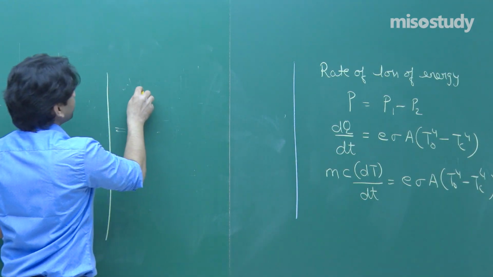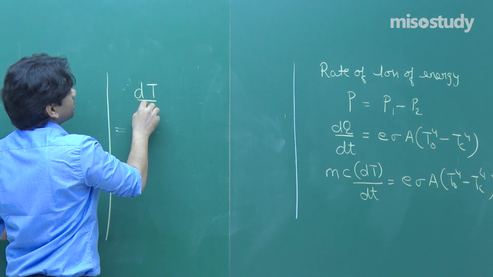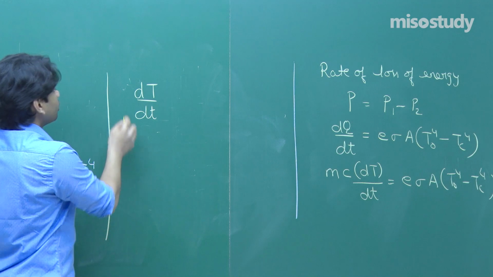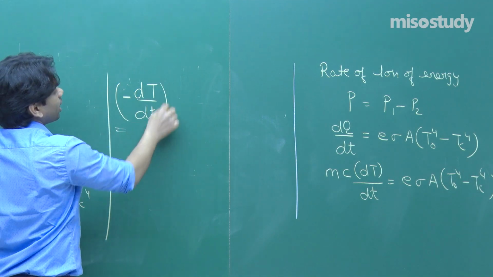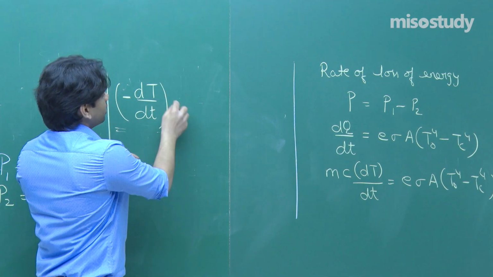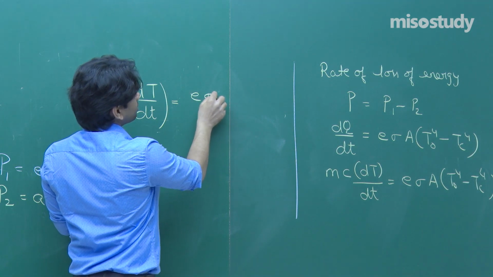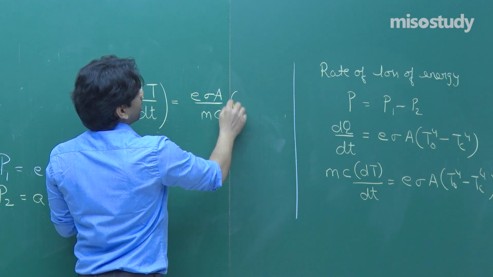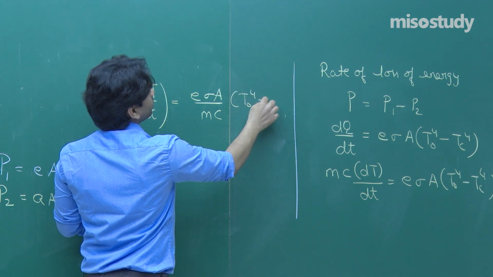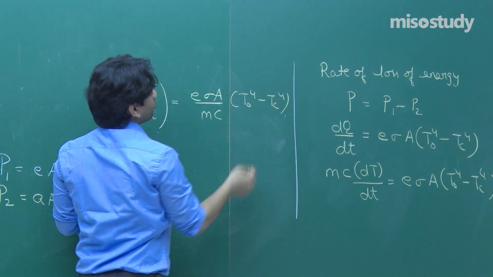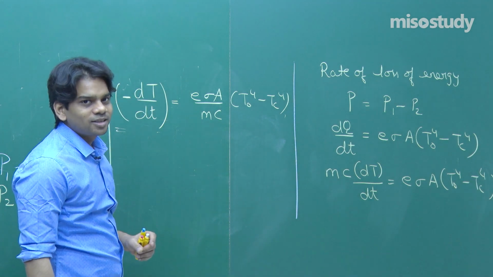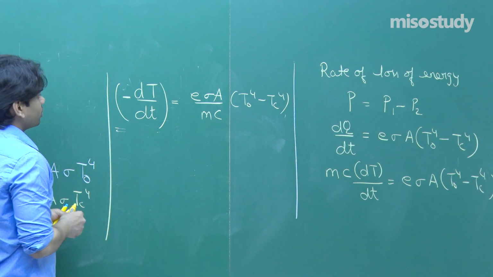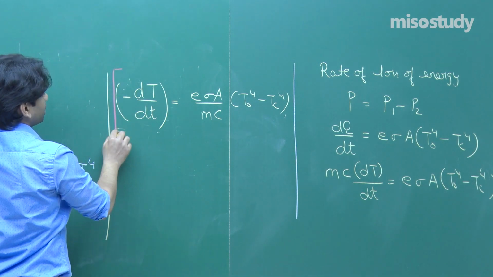Rate of change of temperature: it's cooling down, so dT will be negative. To make it positive, I'm multiplying by a minus sign here. So this will come out to be E sigma A divided by mass into specific heat, into T naught power 4 minus Tc power 4. I believe that you are simultaneously noting down each of my steps. Remember this formula, this is the rate of decrease in temperature